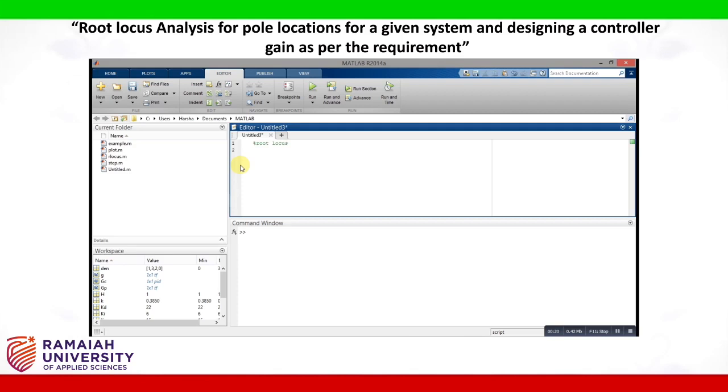First, let me define the variable s. I will define it as syms s. So that is the variable that I am going to use to write my transfer function. My numerator num is equal to 1. And I will define the denominator den